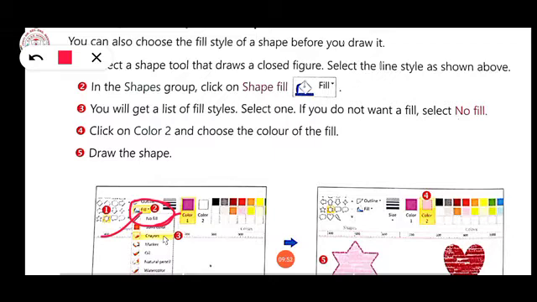Then click on color 2, not color 1. You have to click on color 2 and choose the color of the fill. Whatever color you want to fill the shape with, you can choose that color. After that, whatever shape you draw will be colored like this.